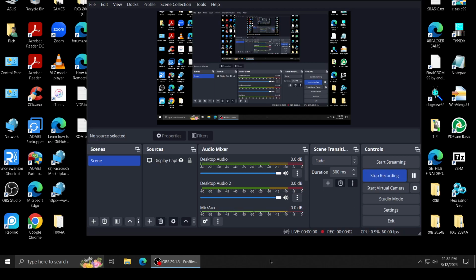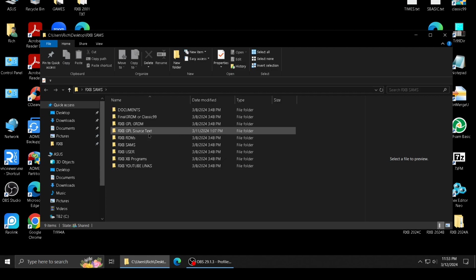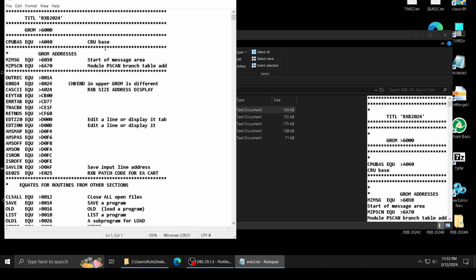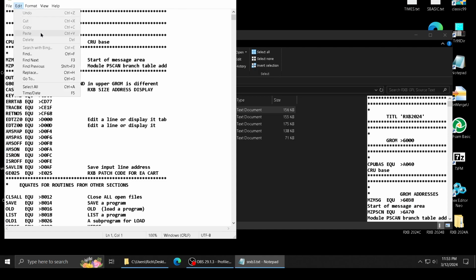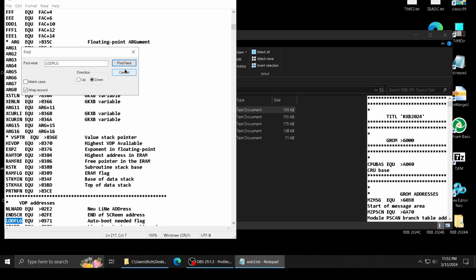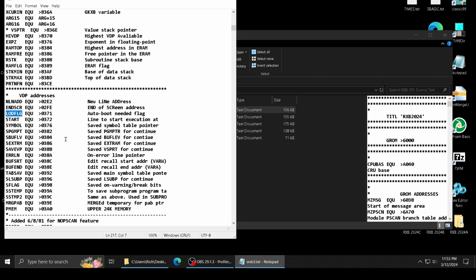Okay, Tercy requested that I show him what exactly is going on here. It's a problem I'm having. So first off, let's go with RxB SAMs, what I'm doing here. If you look at my code, go to 3, and we're going to look for load flag. What I'm doing is I'm going to convert over to RAM from VDP. These flags are all in VDP, and I'm going to convert them over to